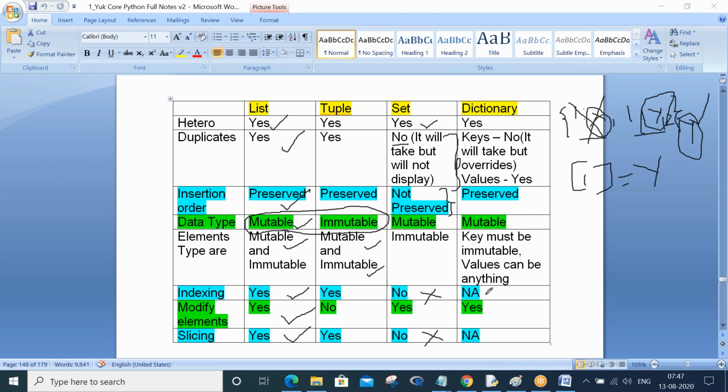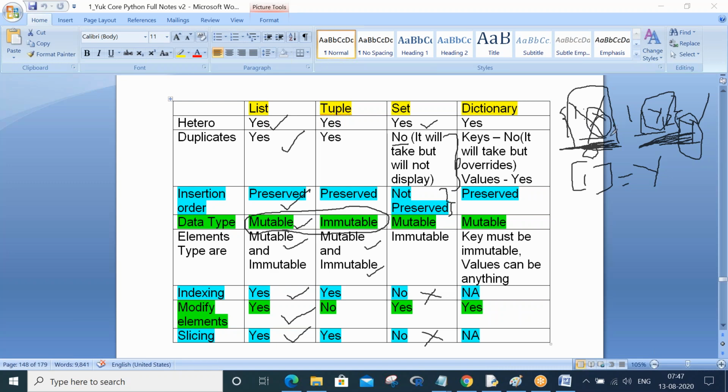Tell me. Dictionary elements are not unique elements like list and tuple. Dictionary elements are key value pairs. See, one column x is there here, one column y is there, and two column y is there. How do you extract this as a whole? D of 0, do you think if you write D of 0, one column x will come in the output? No, that is a meaningless concept, right? So that's the reason there is no concept of indexing for dictionaries.